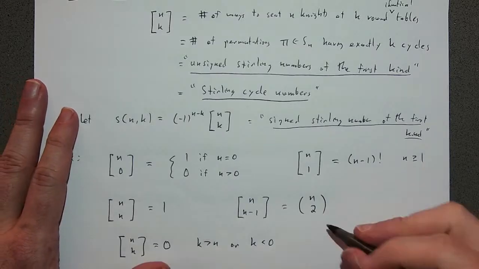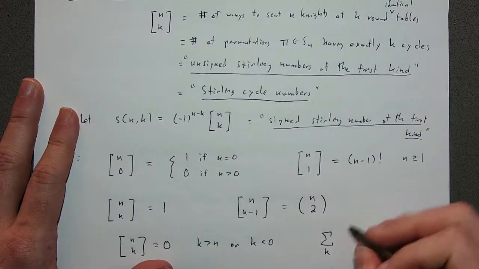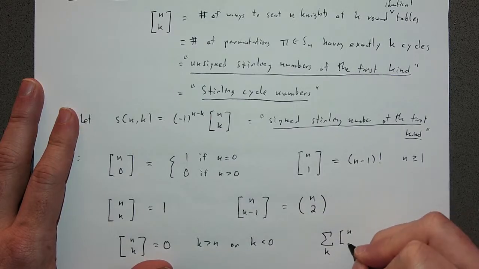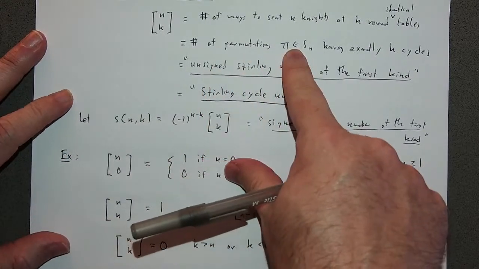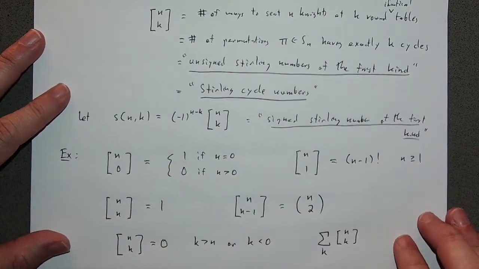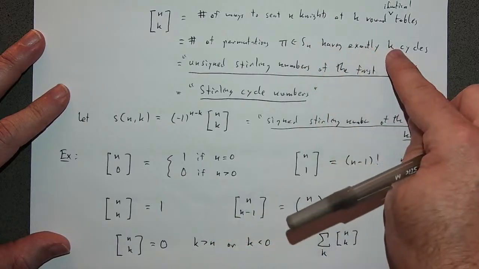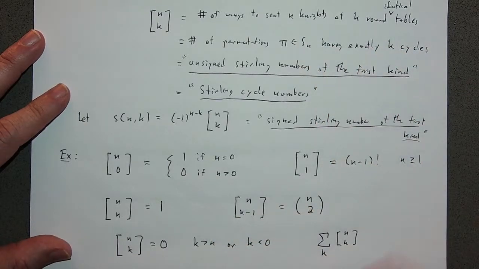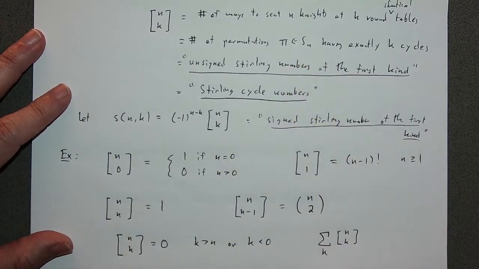And so if I were to count all of the numbers of permutations in my symmetric group in letters or in numbers in objects having exactly k cycles, if I let k go from 1 to n, for instance,